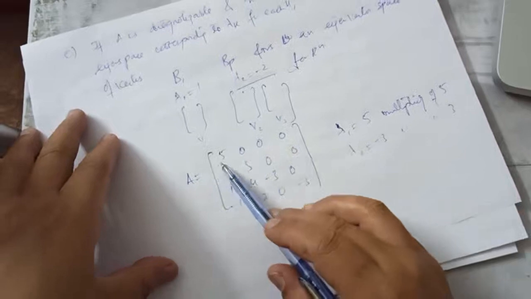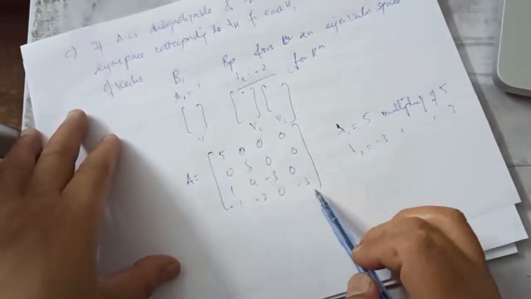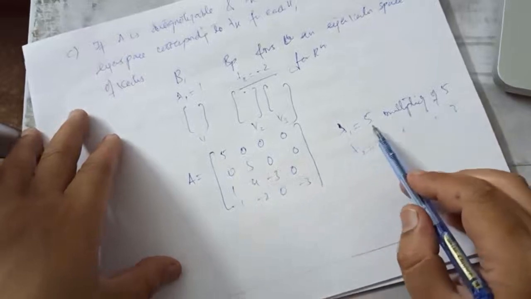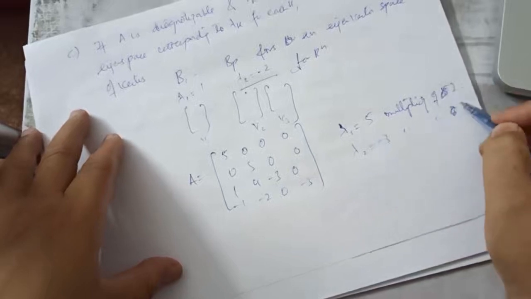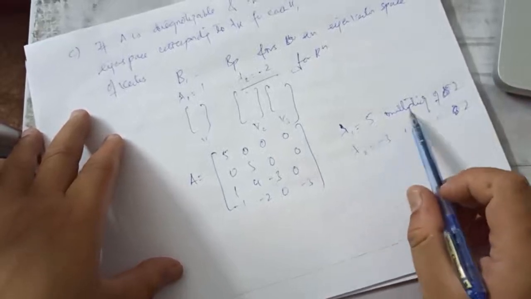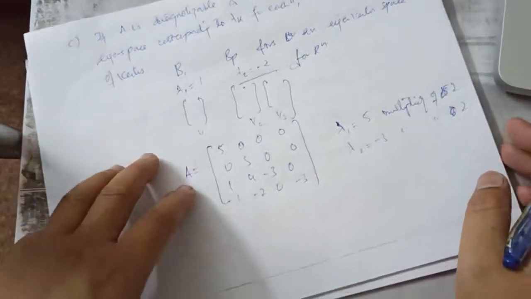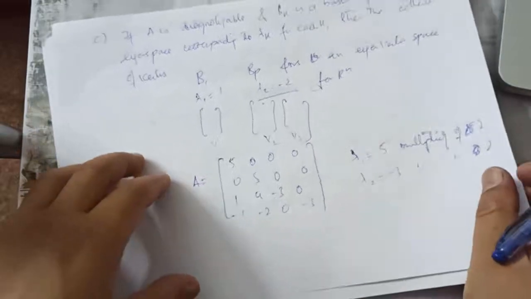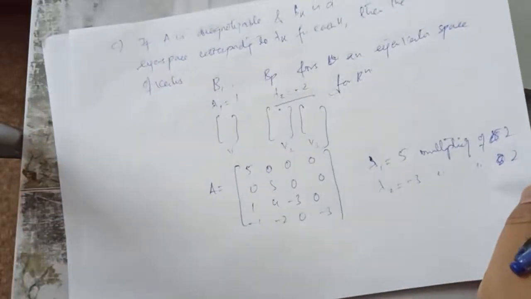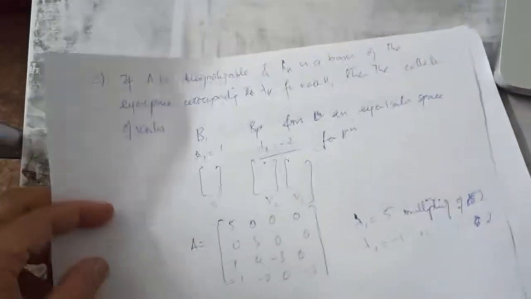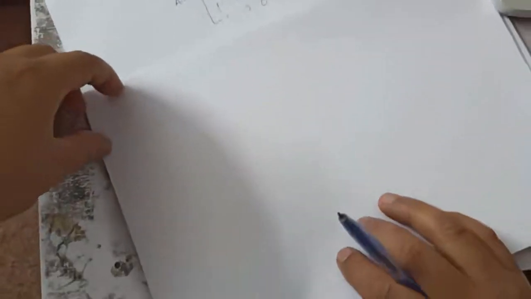So in this case you can see that the diagonal entries have 5 two times and minus 3 two times. It means the algebraic multiplicity of lambda 1 is 2. Lambda 1 is 5 with multiplicity 2, and lambda 2 is equal to minus 3 has multiplicity 2. Now we can find the corresponding basis vectors for lambda equal to 5. So when I do that, what should I get here is